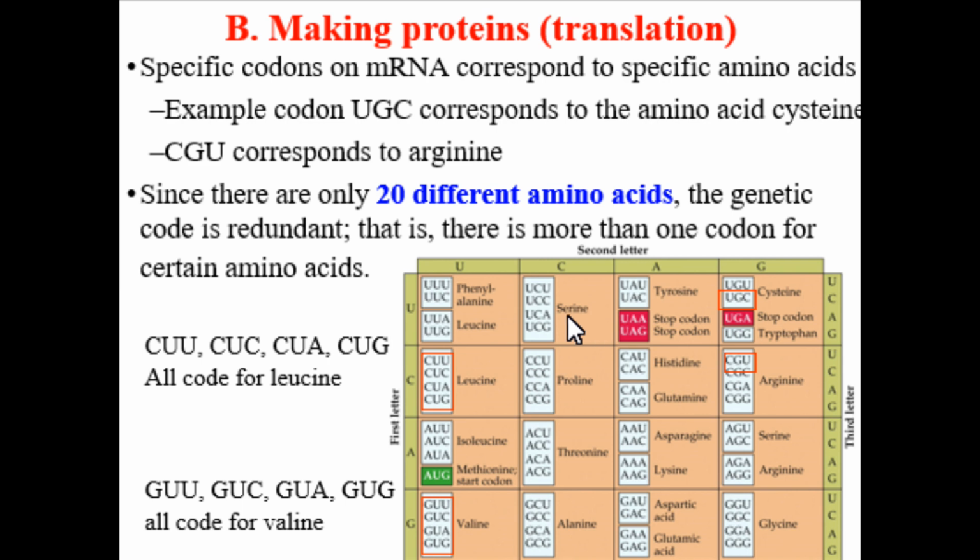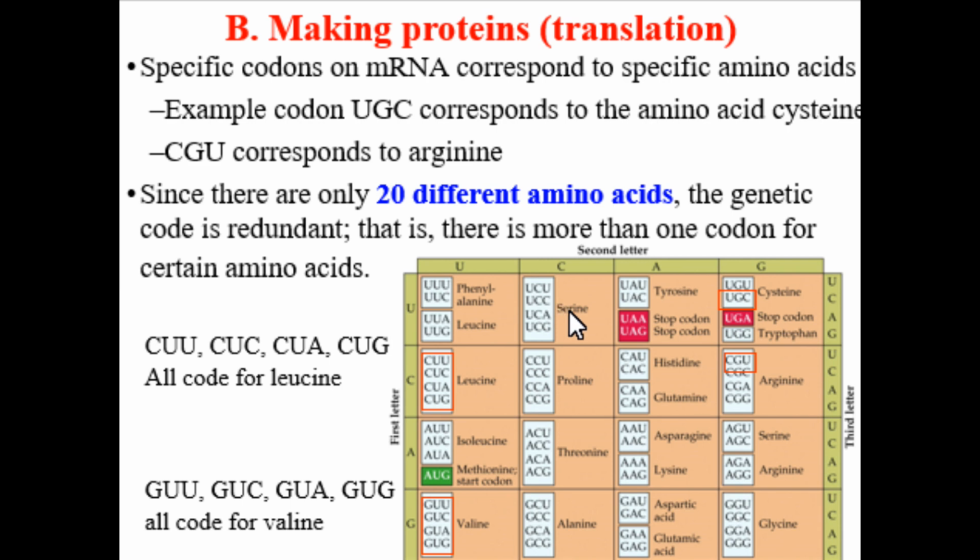If the transfer RNA is matching up with a codon of UCC or UCA or UCG, all 4 of those, there's a transfer RNA that has attached to it the amino acid serine. So you can have 4 different codons in a messenger RNA that are going to result in the same amino acid being brought in. However, this sequence of nucleotides, UCU, is never going to code for any other amino acid